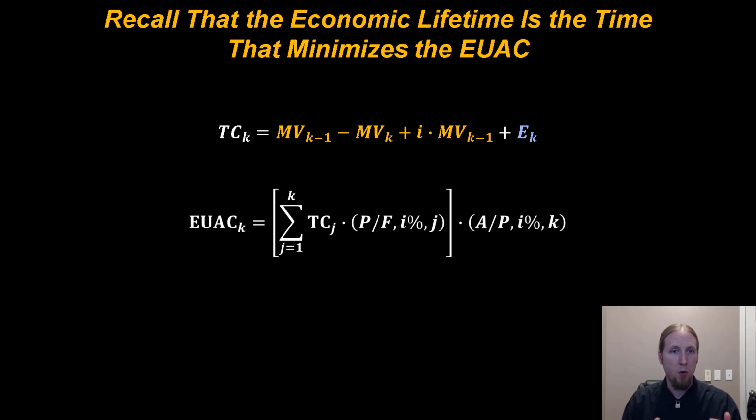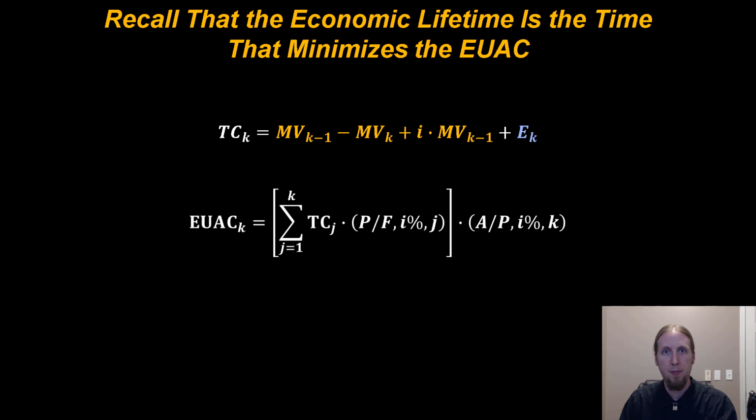If we look at the equation for that, that's based on the total marginal cost, and then look at the components of the total marginal costs themselves, we can see why it's not trivial to figure out what the economic lifetime is going to be. If you look at the first three terms in the total marginal cost equation that relate to how the market value is changing over time, what you can see is that those three terms collected together are probably going to